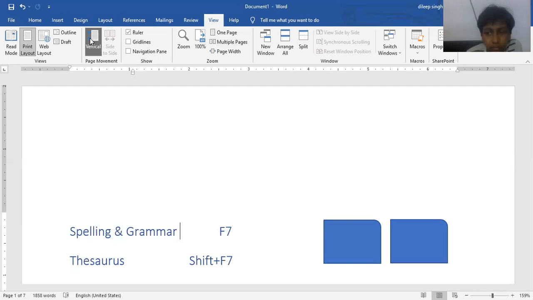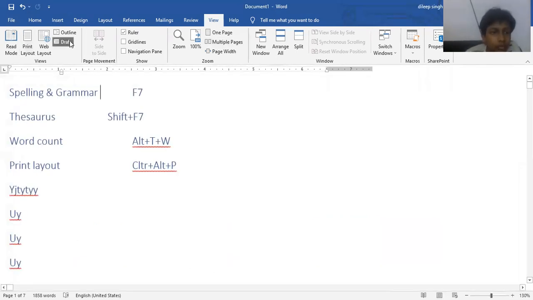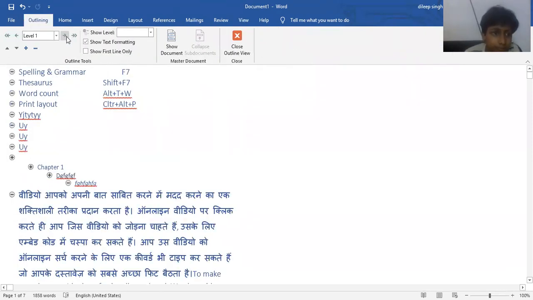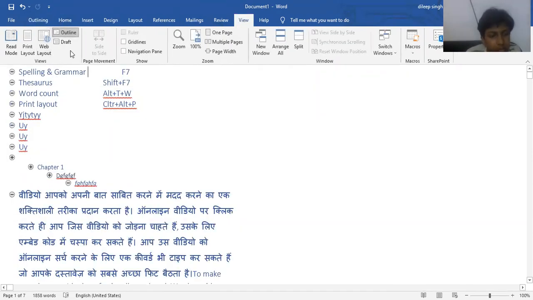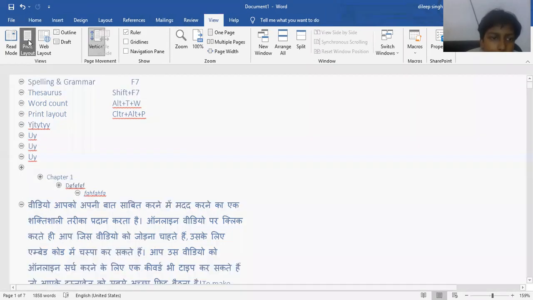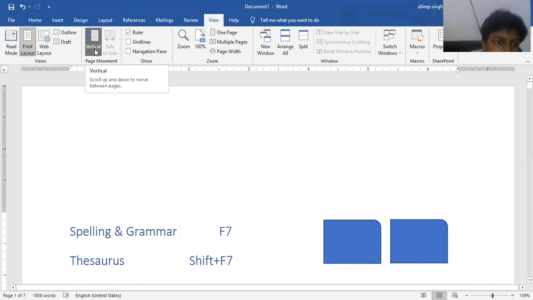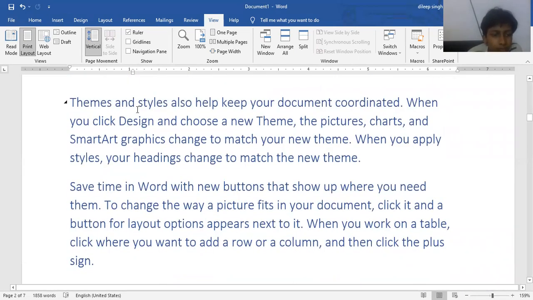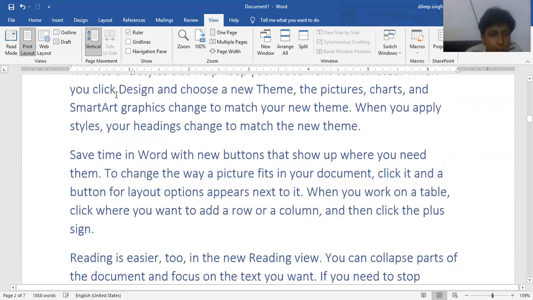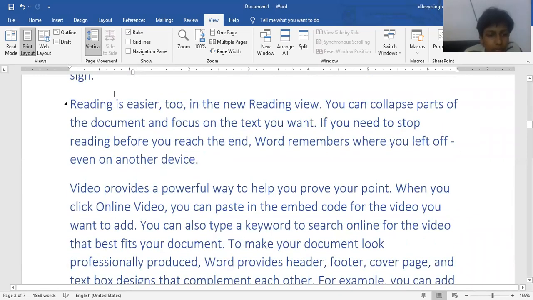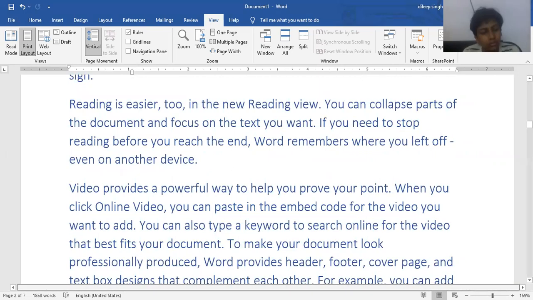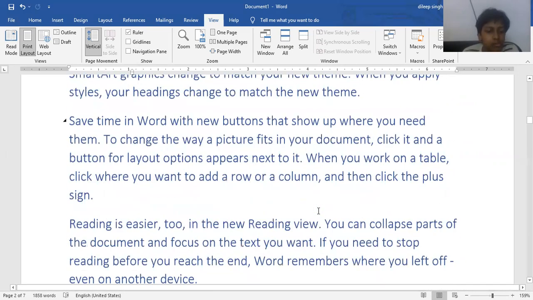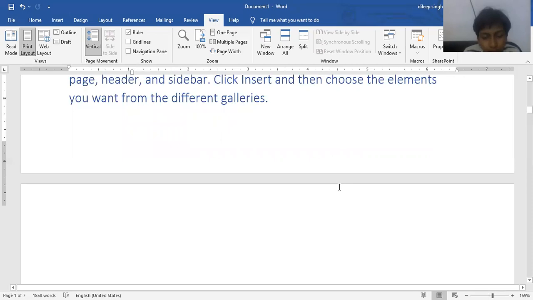And here's the vertical and side alignment. When you work with this, then we will easily observe these types of options. That is the vertical alignment available in this particular view. For example, here's a vertical page movement. We're just moving like this. You see here, top to bottom. We can't move this page from left to right. Why? Because the page width is adjusted in this particular window.